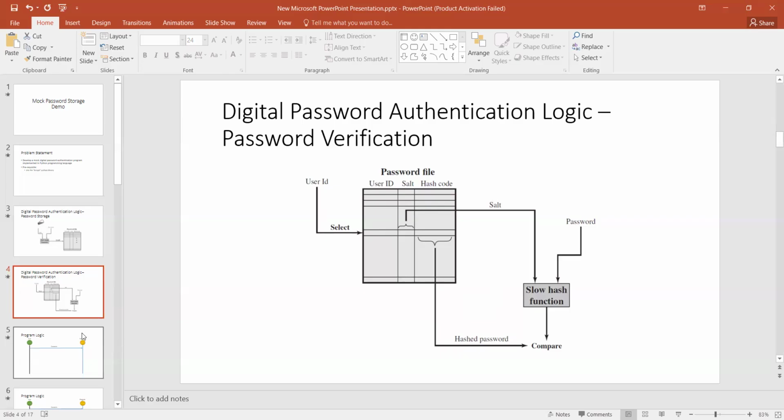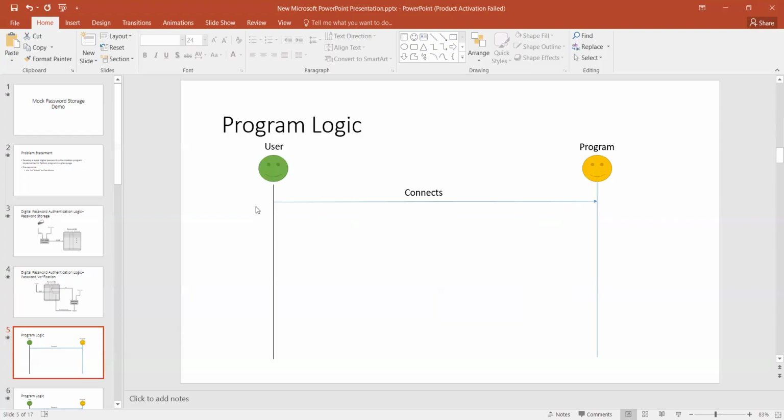So to go over the program logic on how we will be implementing these two flowcharts within our Python program, let us first assume that the interaction is going to take place between two entities. One is going to be the user, and the other is going to be our program itself. So in the first step, the user is going to connect with the program, right? That involves running the program itself,